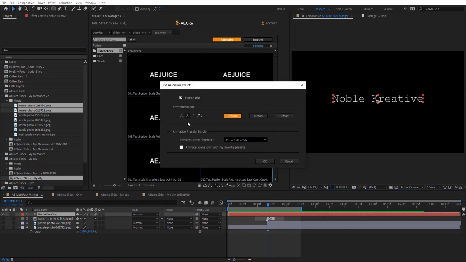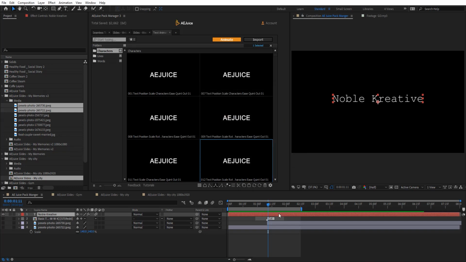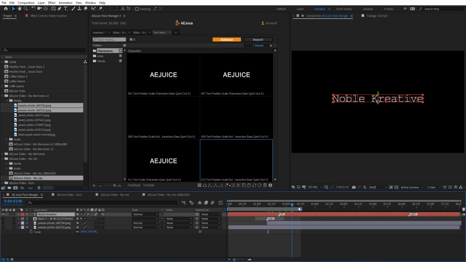So you can even use the shortcut here, Control-Shift-Tab. So if we use that, let's go back to marker mode. And if you use that, basically we're going to get a different look of the animation. It's like using this animate randomly button. It's going to select the animation for us.